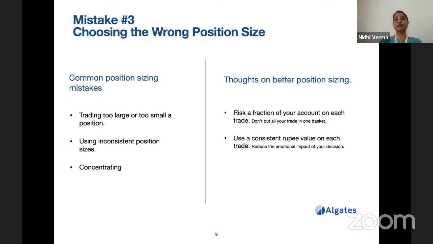Suppose they make profits in, say, 2 or 3 trades continuously, then they get overconfident, and in the next trade they suddenly increase the number of contracts from, say, 1 to 5. And if they lose in that trade, whatever profit they made in the first 2 or 3 trades, which went the way they wanted, the entire profit is wiped out. Because they suddenly increase the contract size from 1 to 5 or 1 to 10. So this is what happens.